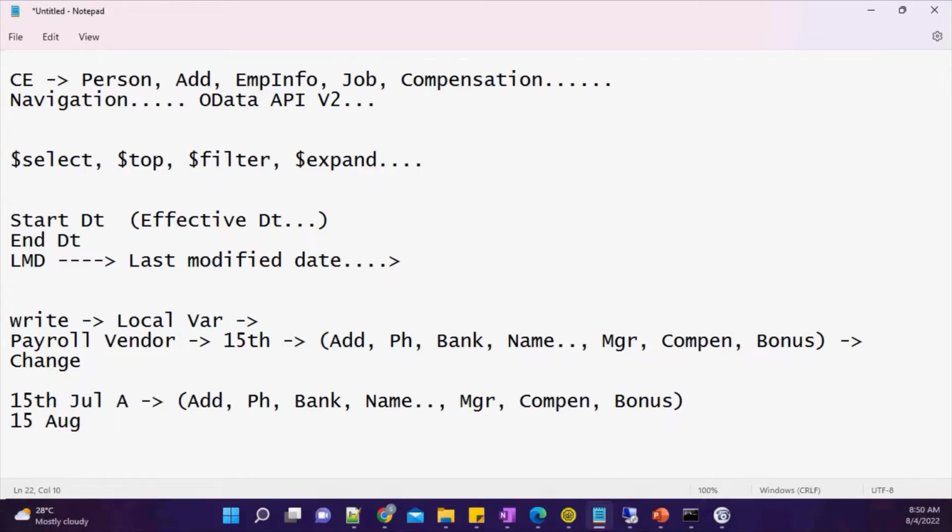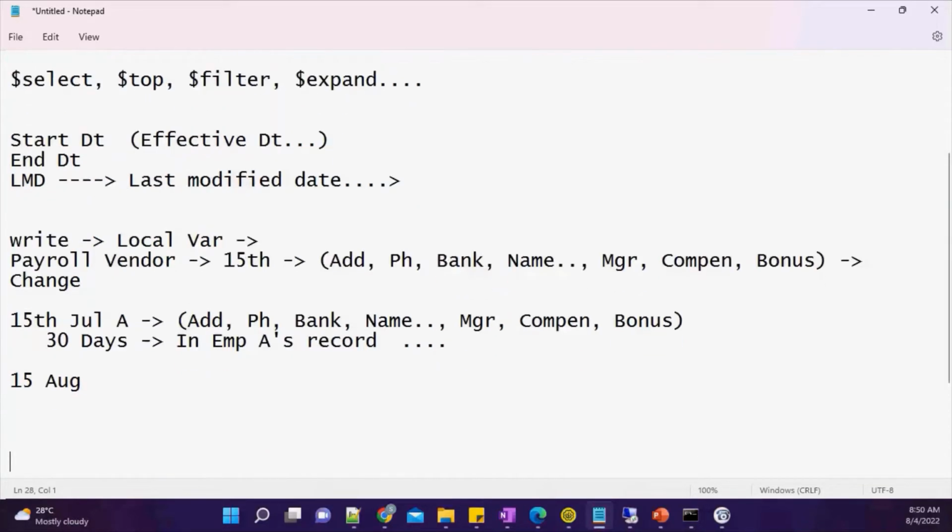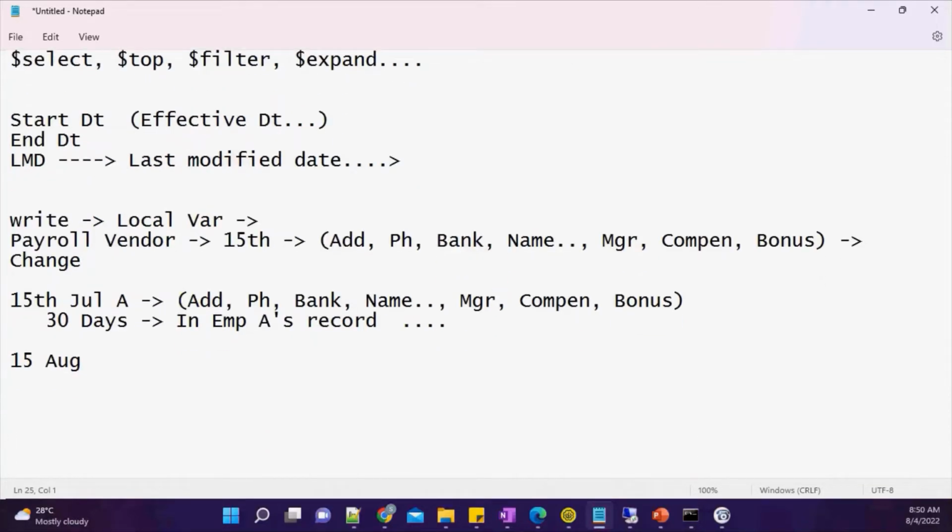Within this 30-day period, there is no change in employee A's record, meaning I am not expected to send this record to the payroll vendor.